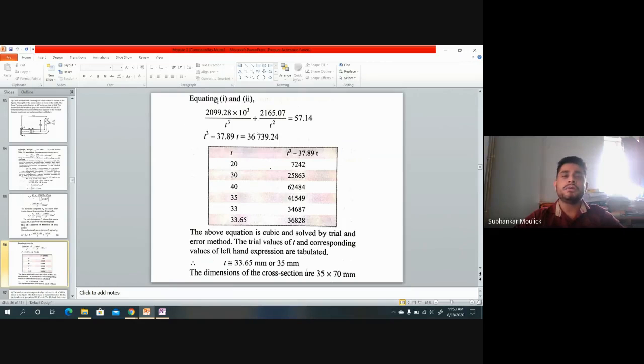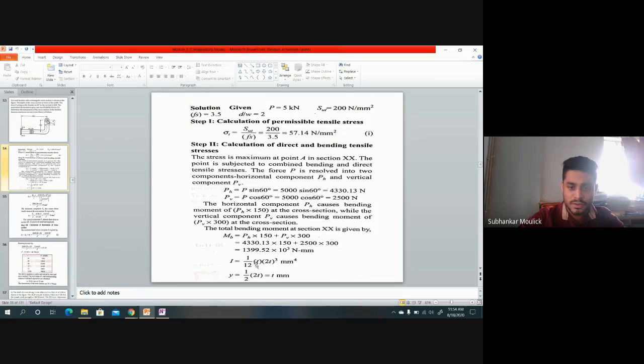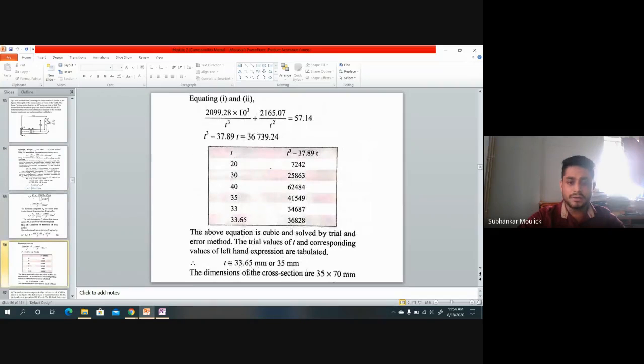If you solve it, you will get a cubic equation, that is t cube minus 37.89t minus 36739.24 equal to 0. If you solve this cubic expression, you will get 3 roots. 2 roots will be negative and 1 root is positive. You have to remove the negative root because thickness cannot be negative. You have to take the positive root, and that positive root of t comes out to be near about 33.65 mm. Since this 33.65 mm is difficult to produce up to 2 decimal points,